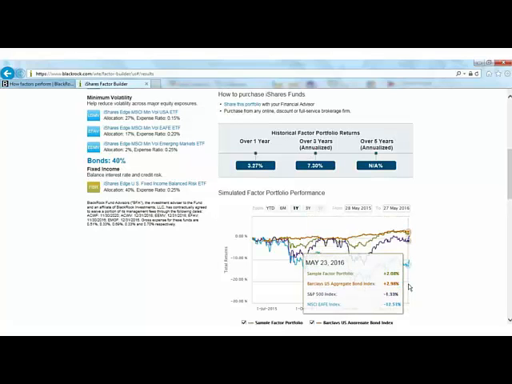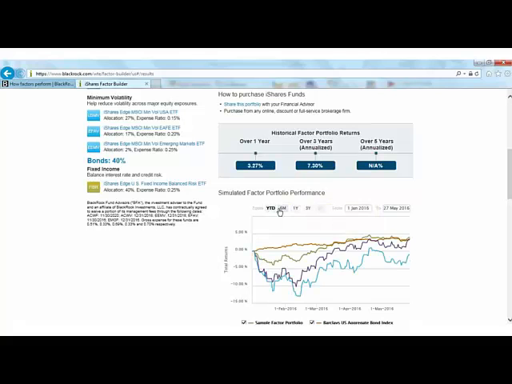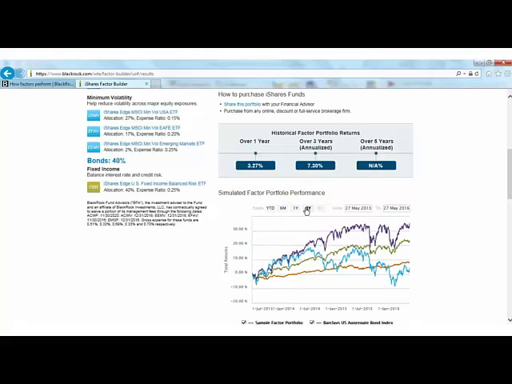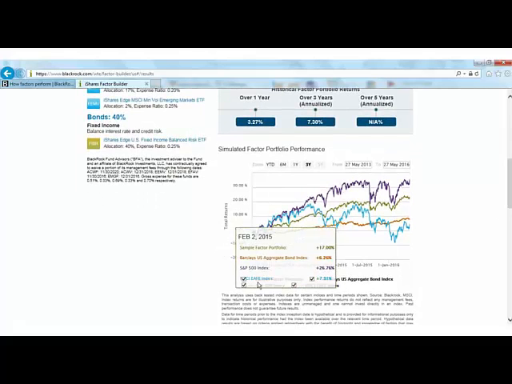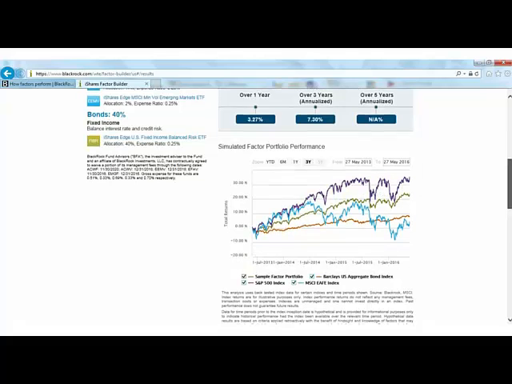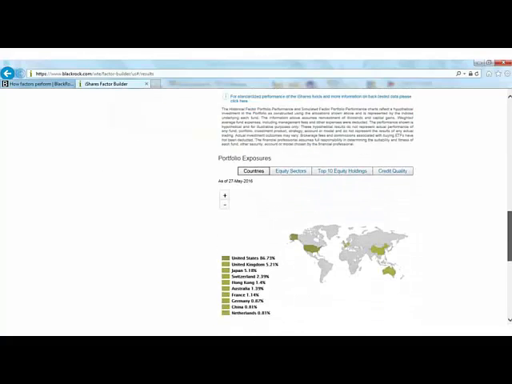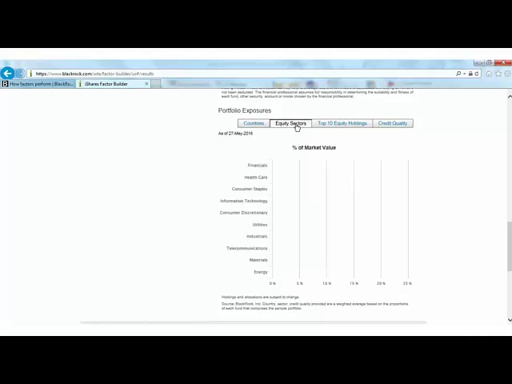And for even more customizability, you can click on the tab that will allow you to change the allocation to individual funds. So if you're already invested, for example, you can enter your allocation there, and you can expand to see all of the iShares Smart Beta offering in that suite. If you log in as a financial professional, you'll also get a view toward what historical performance would have been for this portfolio and for various asset classes and indexes over different time periods.